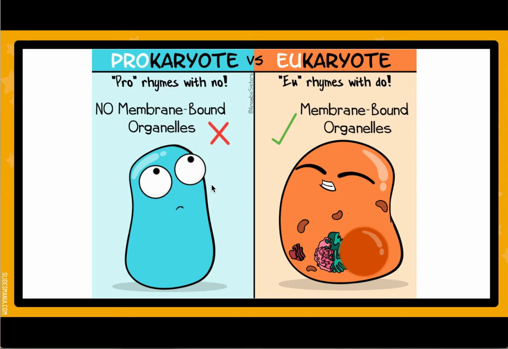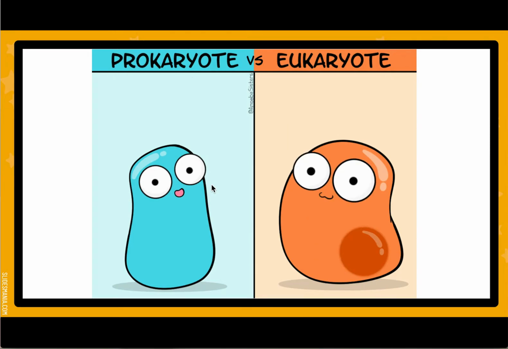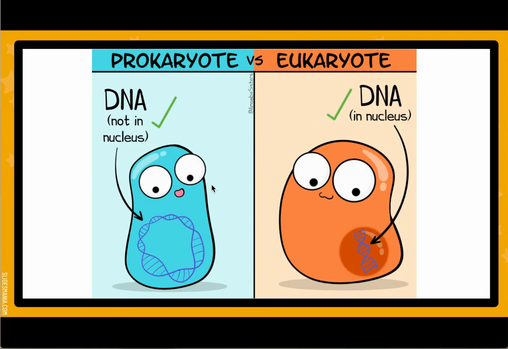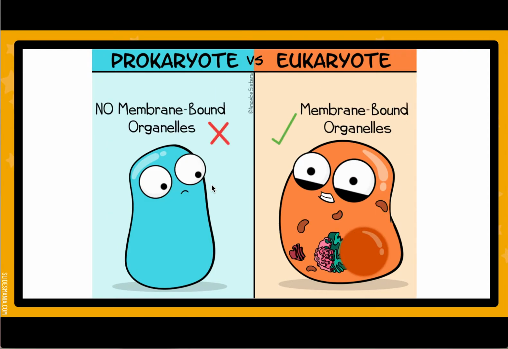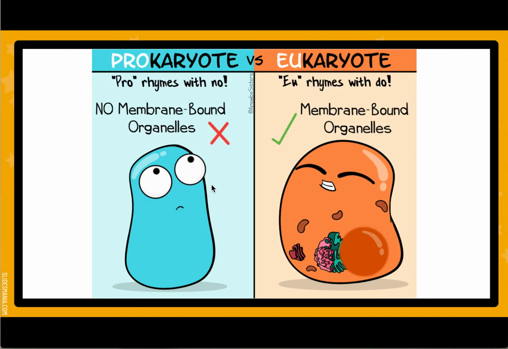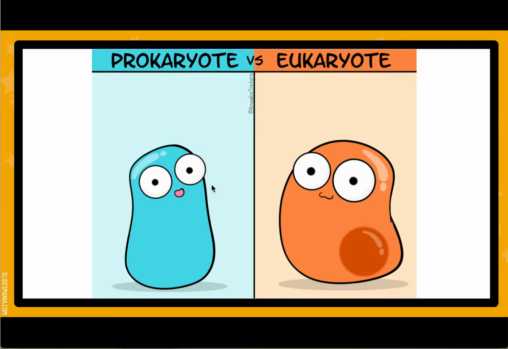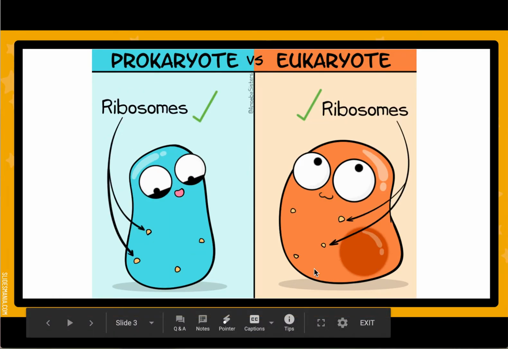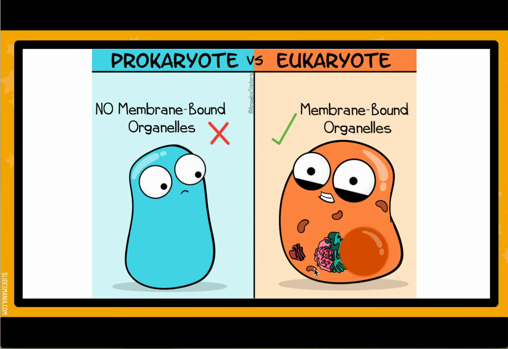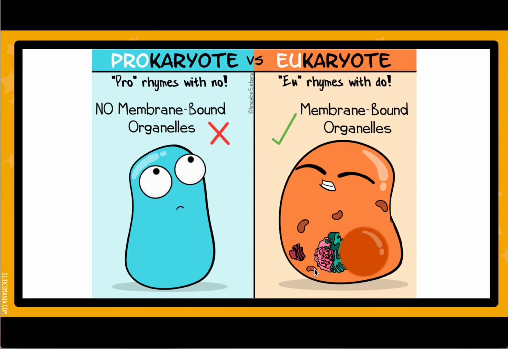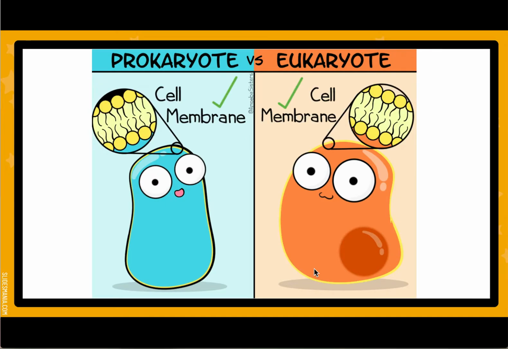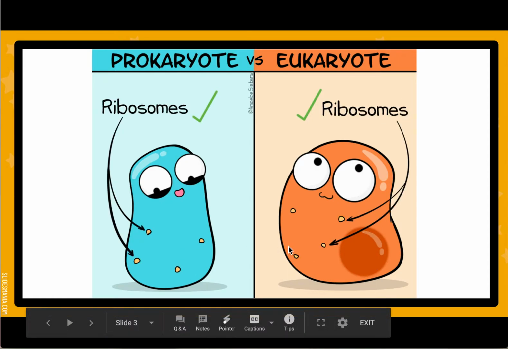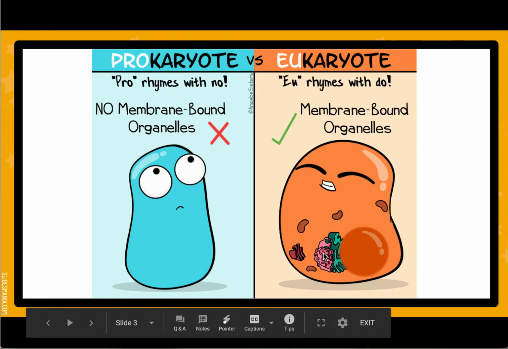So an analogy that we use in class is that a prokaryotic cell is like a studio. So not a one-bedroom apartment, but just a studio. When you walk inside, you see the dining table, you see the kitchen, the bed, the desk. Everything is in one single room. Versus a eukaryotic cell is like a house. When you go into the house, you have to open another door to go to bedroom number 1, and then open another door to the right to go to bedroom number 2, and open another door to go to the storage room. Okay, so that is the difference between prokaryotic and eukaryotic cells.